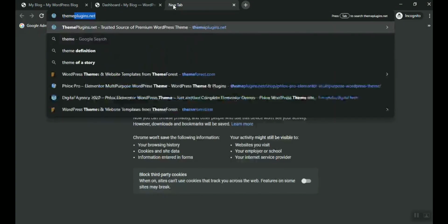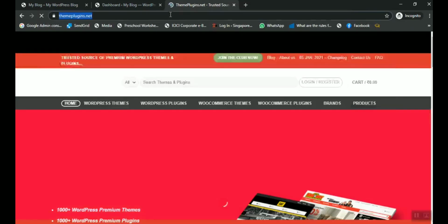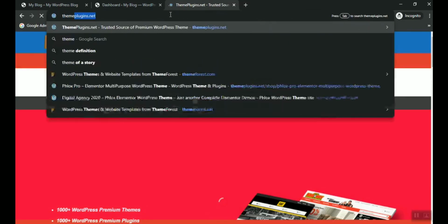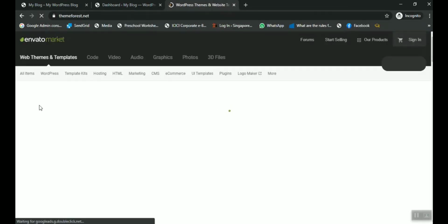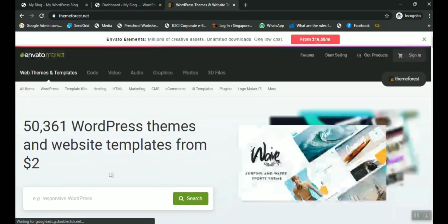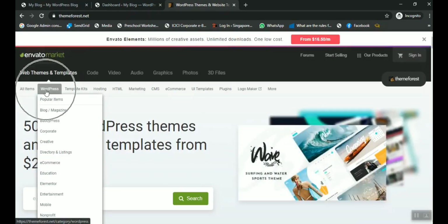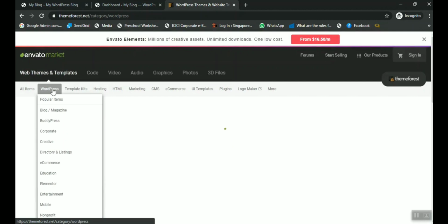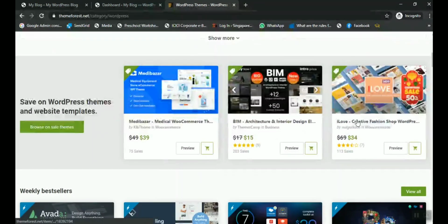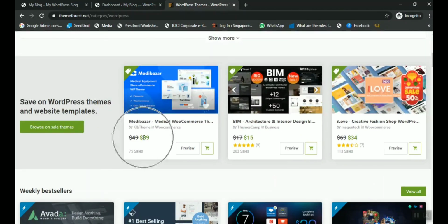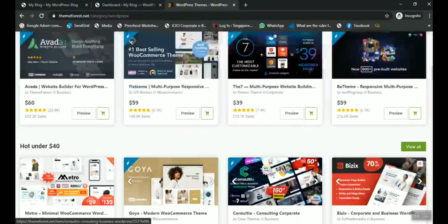ThemeForest. We can use ThemeForest.com. Here we can see some paid themes are available, and we can buy a theme from here as well. We simply click on WordPress, and we can see popular themes. A lot of premium themes are available. The exact same theme will come on our website for this cost. The cost is here, it is showing $39, here $15, $34. We will have to pay the same amount, and the same design will come on the site.